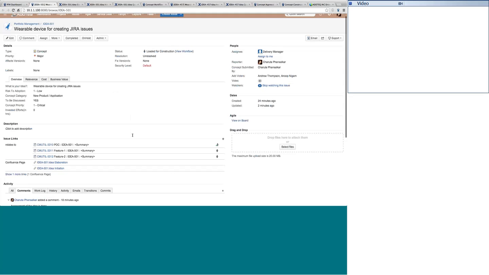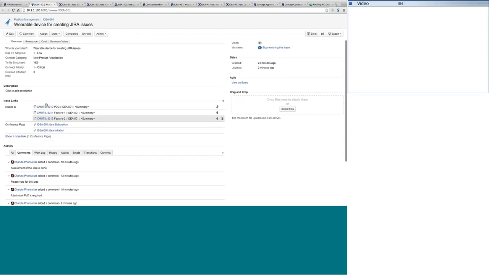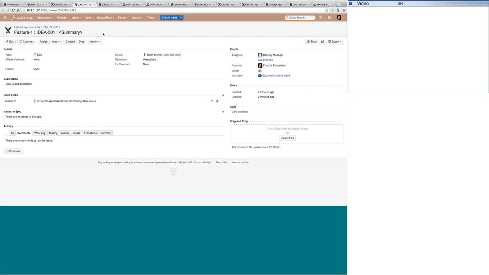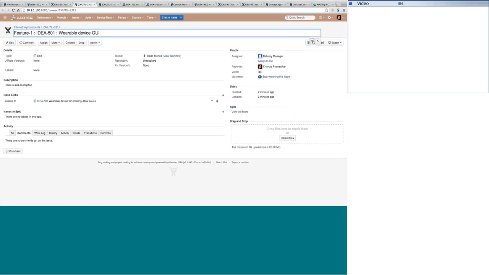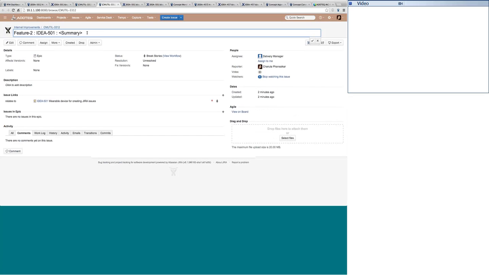You can see that there are these two epics which got associated with this particular concept. If I open any of these two epics, now let's say there's one person who is going to look after the device GUI, and the other epic is going to be completely managed for, say, the backend integration. So backend integration and the GUI are going to be two different epics which can be run in parallel, and the entire work can be seen directly through this idea.